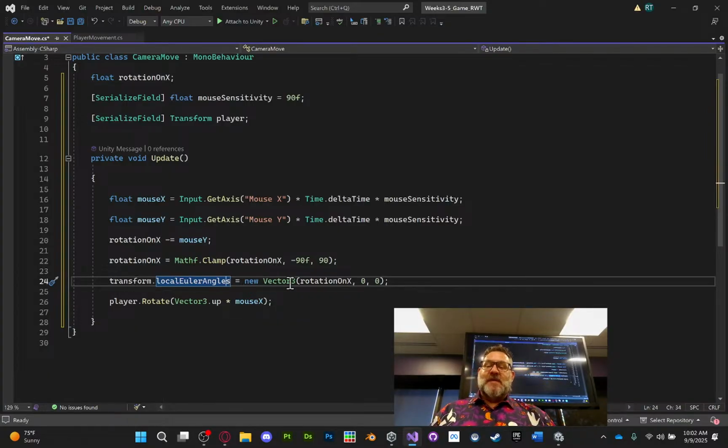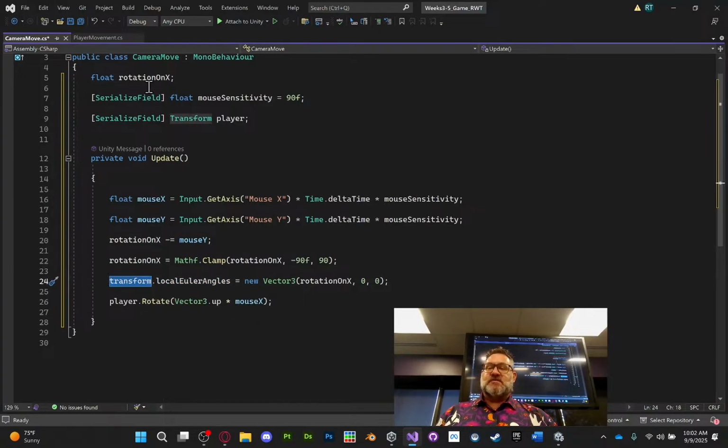So now we're transforming our camera by itself on the X. We're not moving the player. We're not tilting forward. We're just looking down. Make sense? So that's on the camera itself. So we're not calling anything else, just transforms. We're on the camera. And then since we've got a player